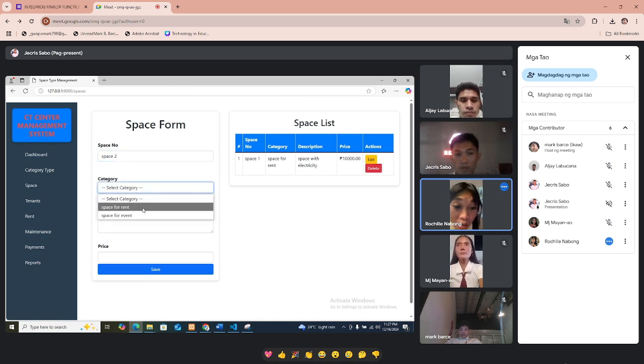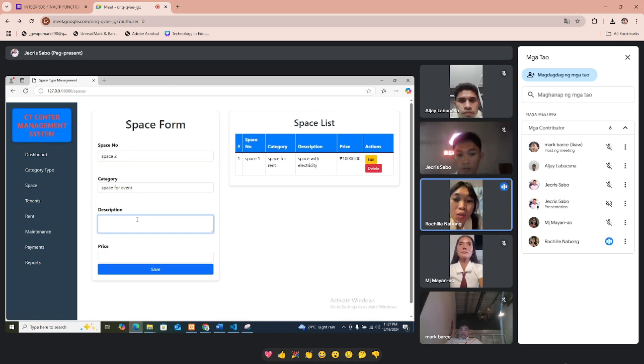Category is space for event. Description is space with electricity. For example, price is 5K, and click save.